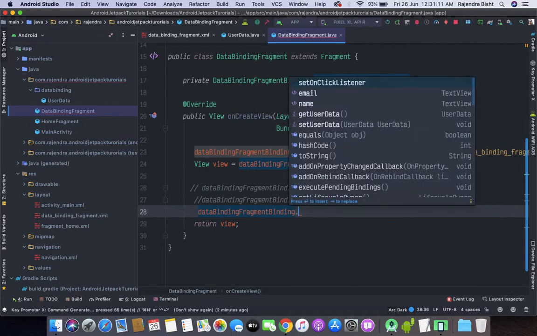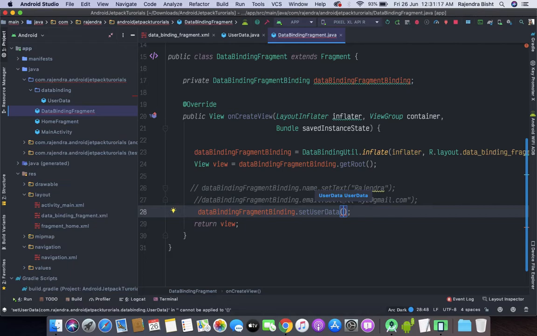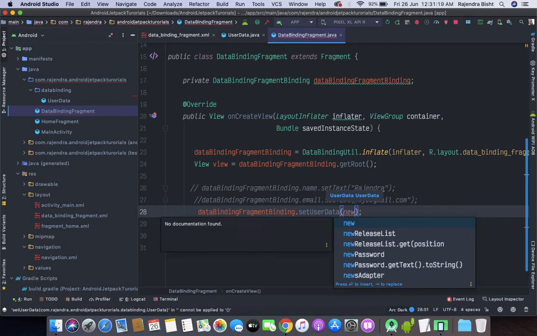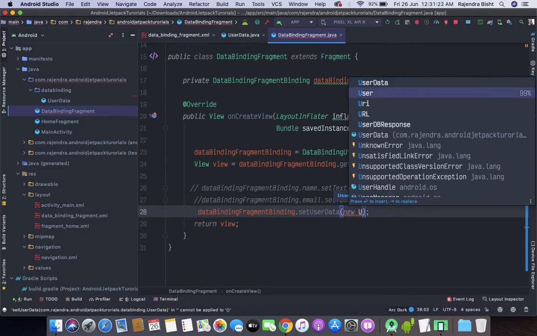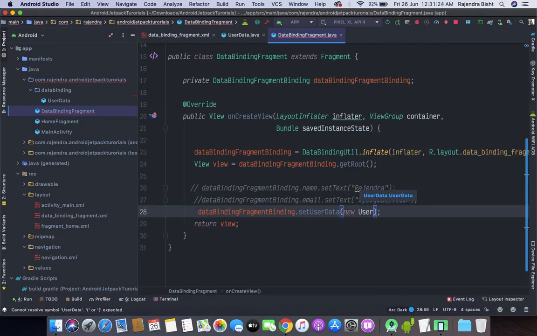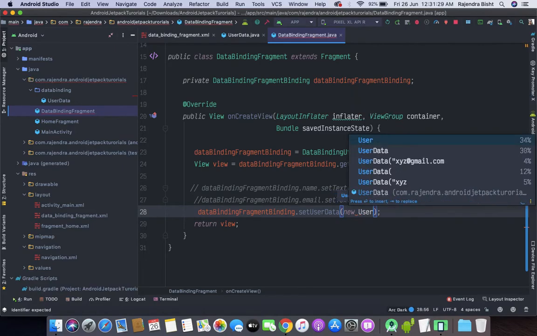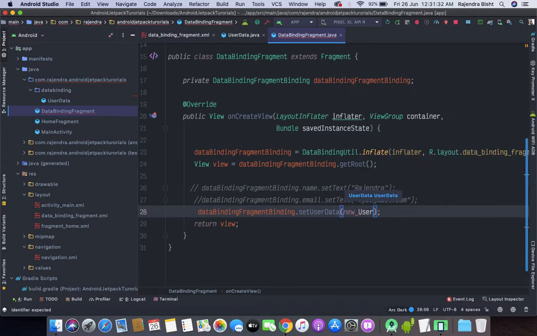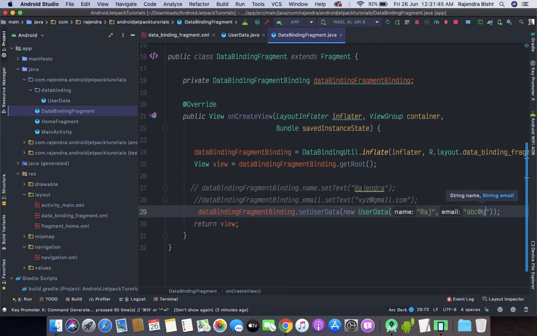Here we will bind the user data. DataBindingFragmentBinding dot setUserData. Here we will create an object of UserData and add some dummy data, let's say Raj and abc@gmail.com.